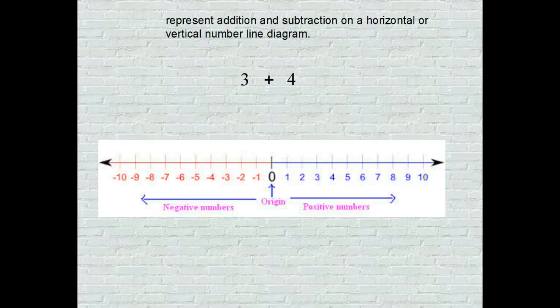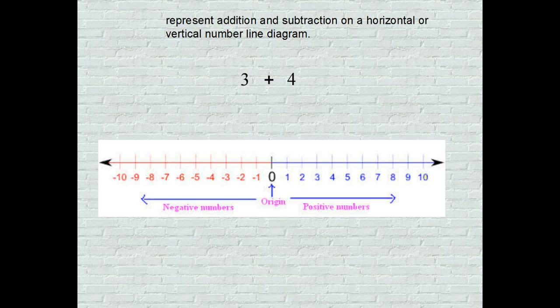The standard says, represent addition and subtraction on a horizontal or vertical line diagram. Now today we're not going to be dealing with the subtraction per se. That has its own set of rules in itself. Today we're just going to be dealing mainly with the addition of these integers. So it says 3 plus 4. You all know what the answer to 3 plus 4 is, but to show it on a number line diagram,